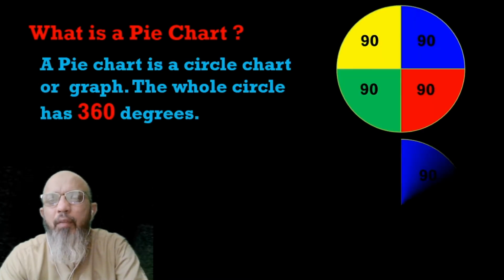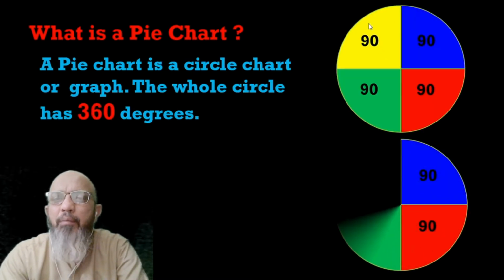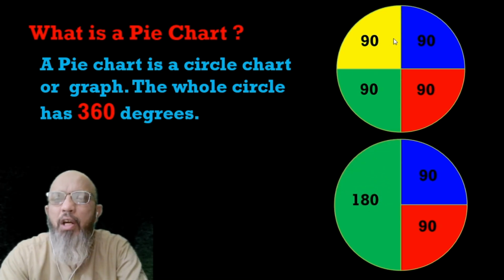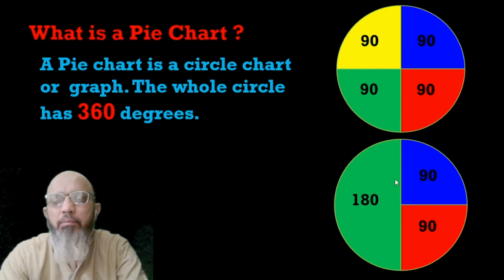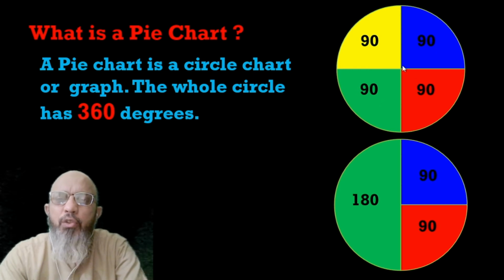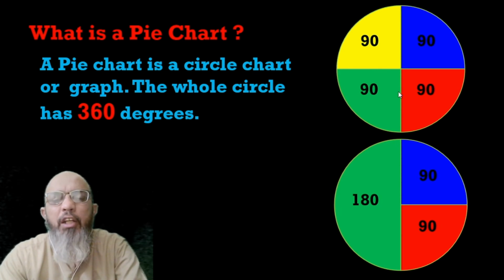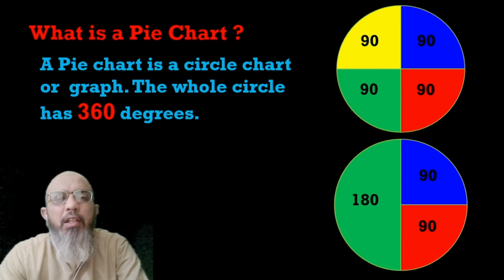The other way to represent the pie chart is a percentage. How do you show it in percentage? The whole circle shows 100. When we divide it into half, that shows 180, and it shows the 360-degree angles, not the percentage. As you know, the angle at one point in a circle is 360, so it shows 360 degrees. When we divide the 360 degrees into four equal parts, it will be 90 in each fourth part of the circle.